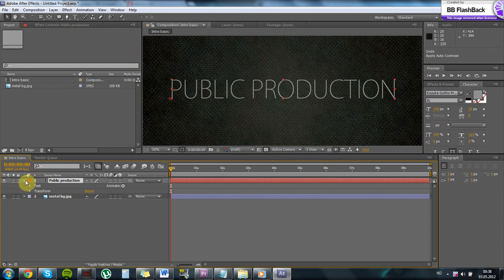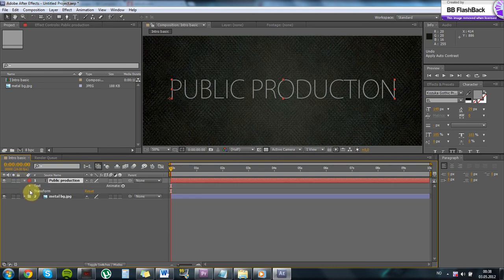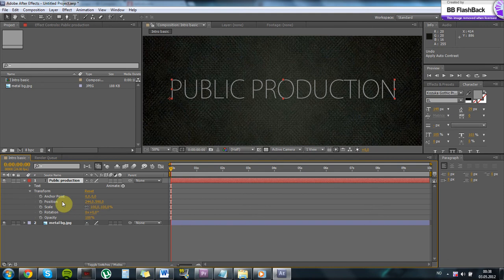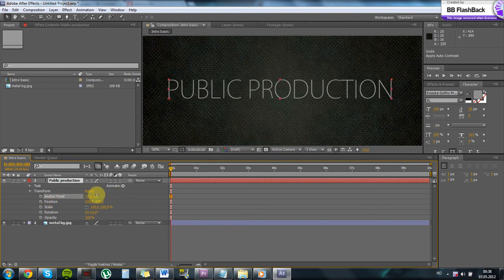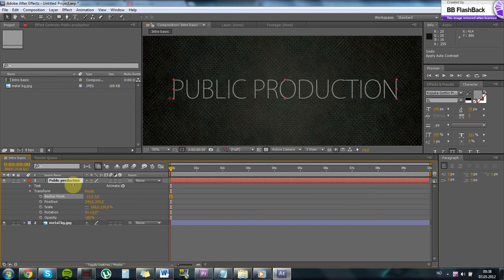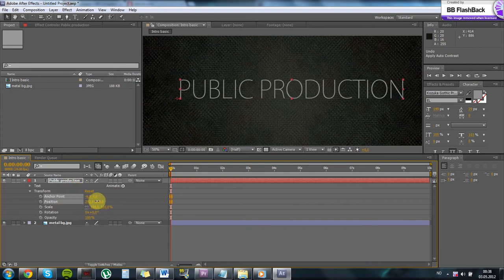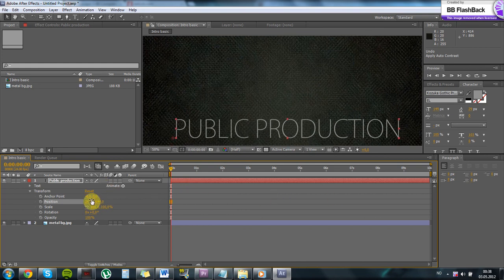So then I click on this little arrow next to your lock. Click on transform, and here's actually really cool stuff. Here's some anchor point. This is for left and right, and I actually want it to come in from the top, so I will go set it in the middle,